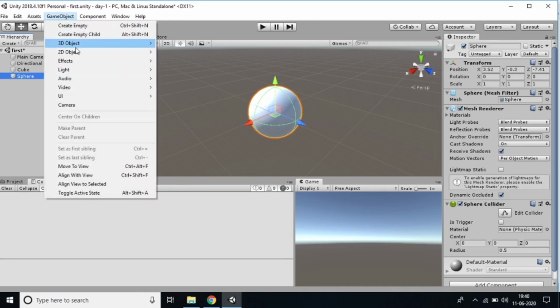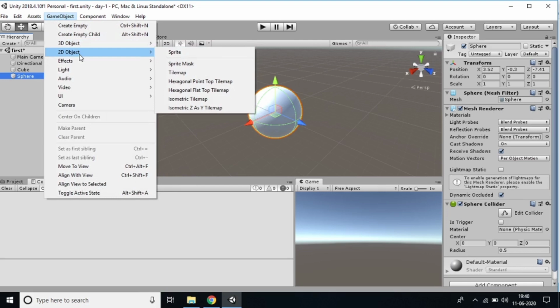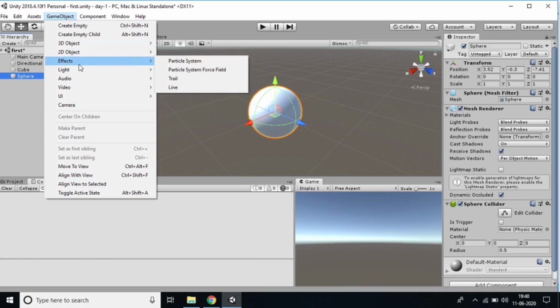If we want to make a 2D game, in a 2D game it will be called a sprite. So the only difference is that in a 2D game it will be called a sprite. It's Unity language, a gaming language. Generally, we'll call it player, enemy. So in Unity, we'll call it a sprite, game object, component. We'll call it like this. Coming to Effects, if we need any effects on a particular object, we'll use this one.